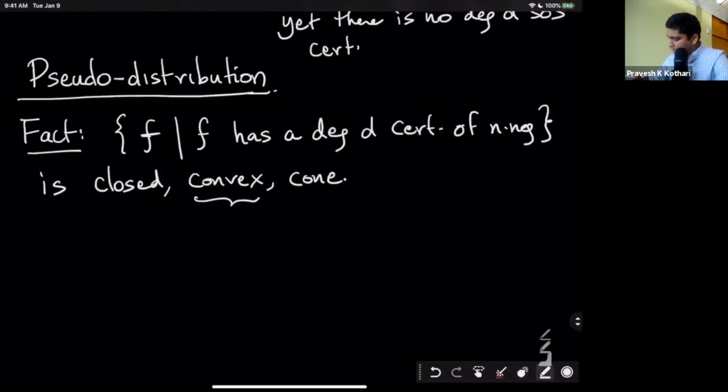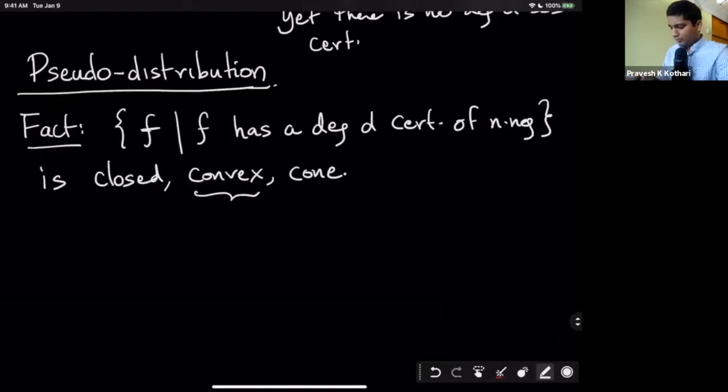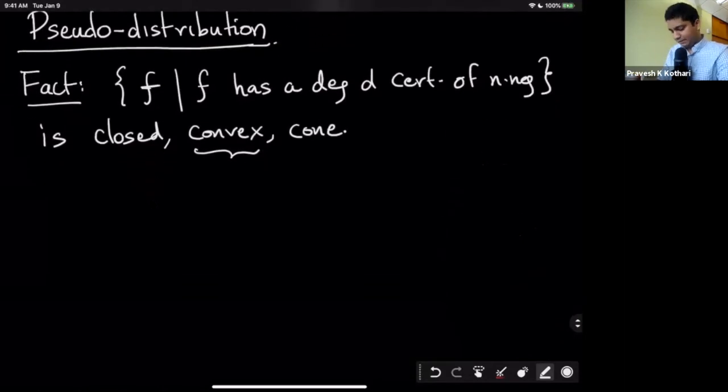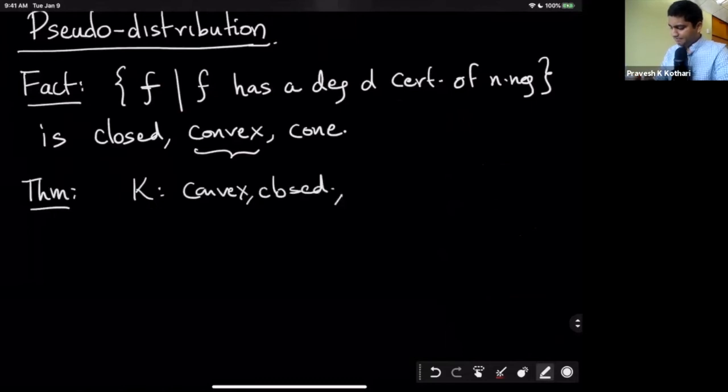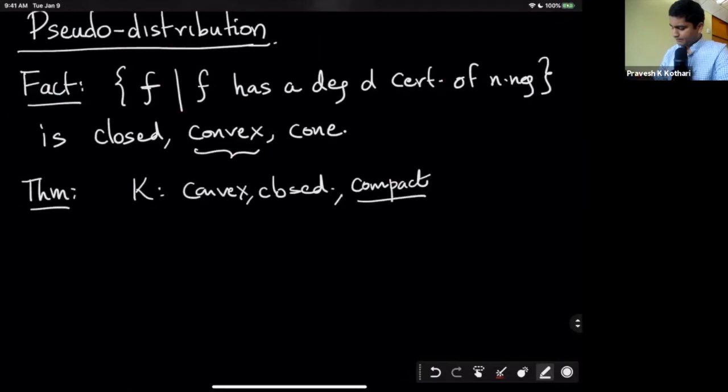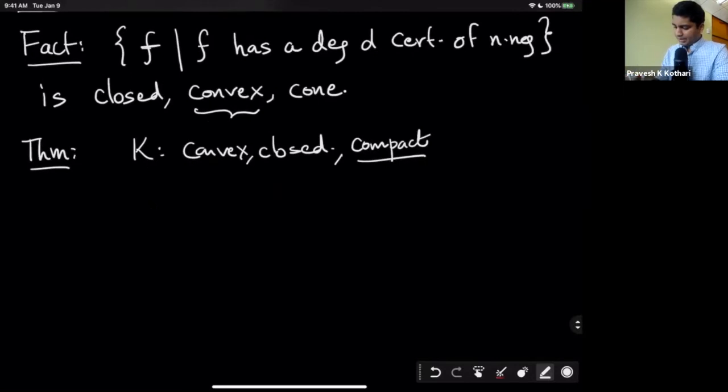Now what we're going to do is rely on an exercise that you hopefully solved in homework 0, which is the separating hyperplane lemma. Let me remind you what that is. It's a fundamental theorem of convex analysis. It tells you that if K is a convex set which is closed, and I guess we also need bounded, but let's not worry about it too much right now, and we have a point V which is not in this set K,